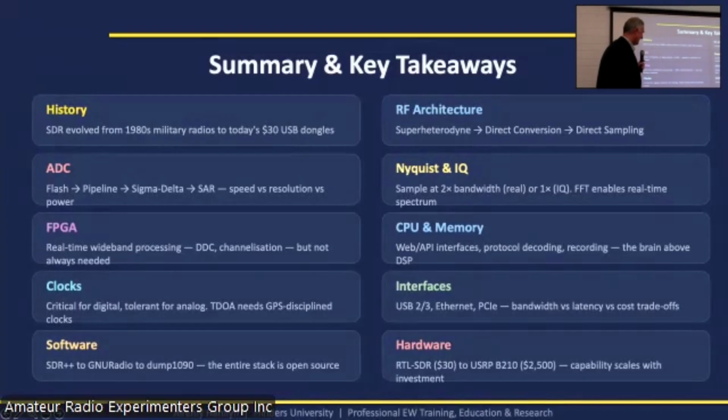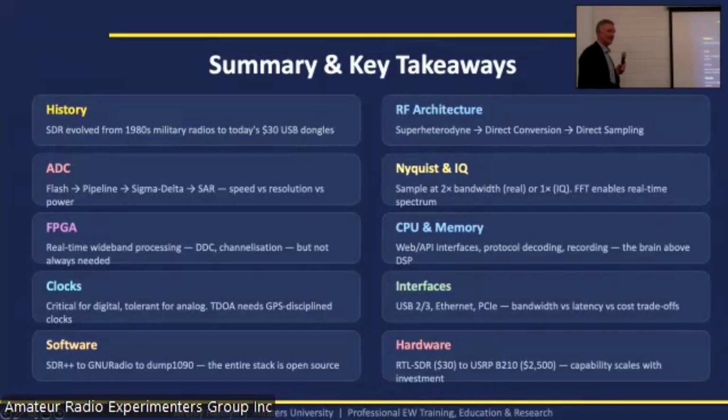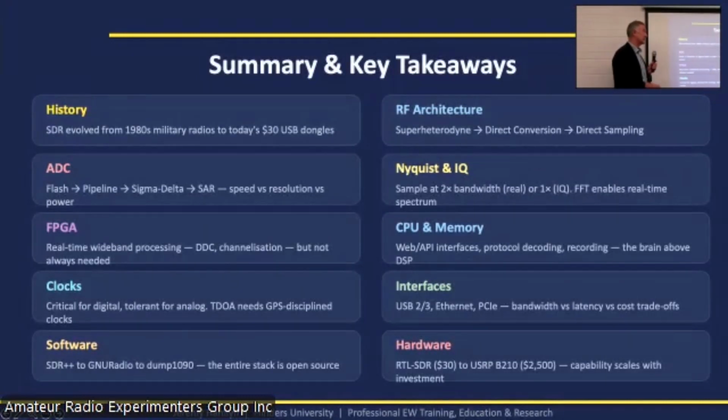And hardware out there, if you haven't got yourself an RTL, I would highly recommend it, especially for GNU Radio, because that's one of the areas that they've supported very well. If you haven't started on GNU Radio, I would start on GNU Radio 4. I wouldn't start on 3. GNU Radio 4 is nearly released as 1.0 in the next month.